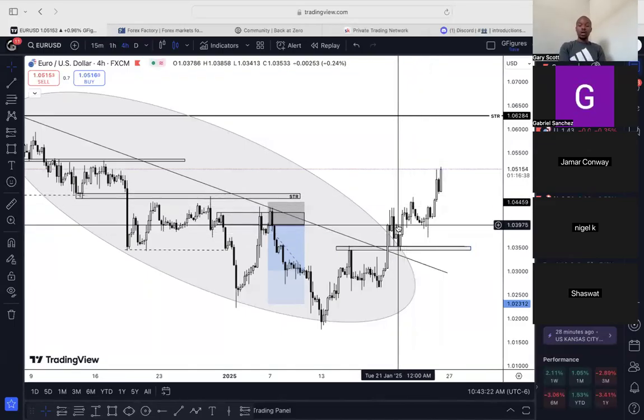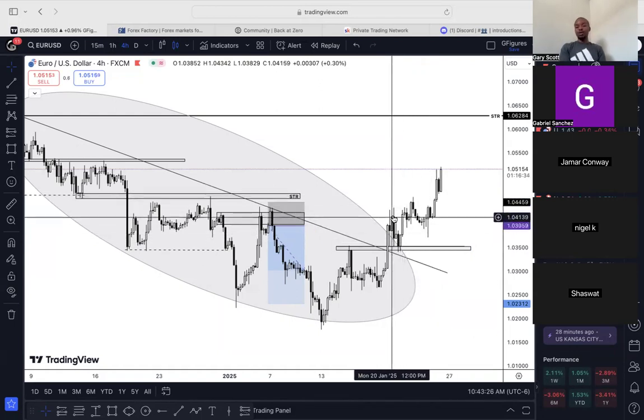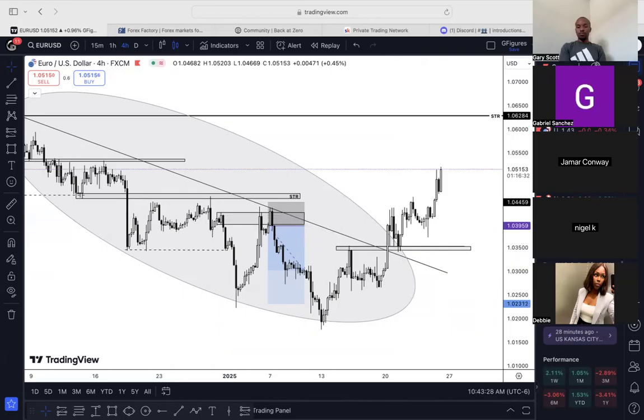I was expecting it to do a little bit more before it actually took off. I would have entered here if it would have shown me something else. But because it didn't show me what I wanted to see,